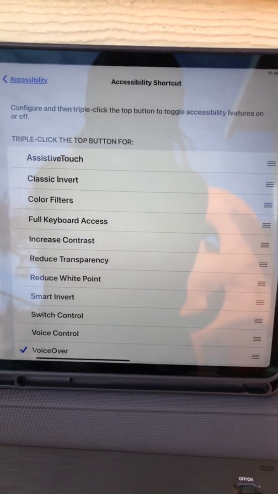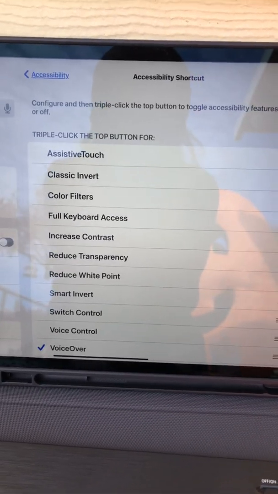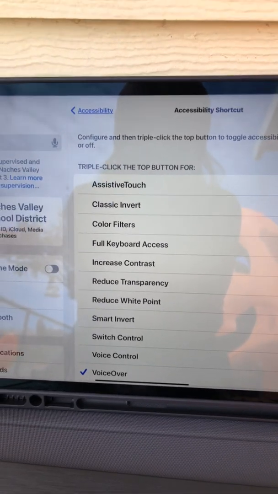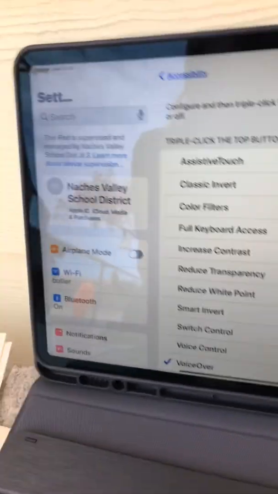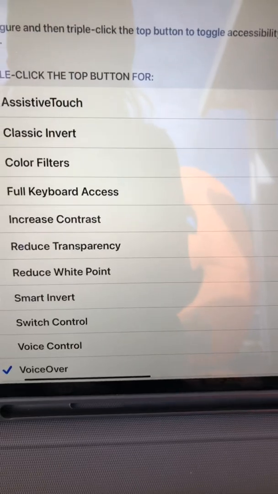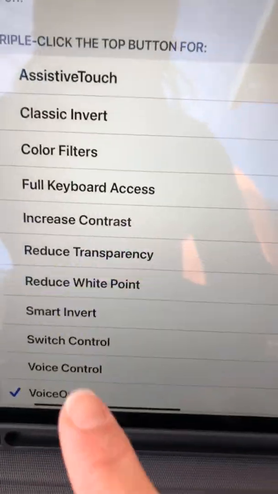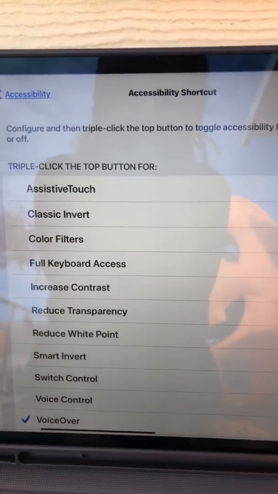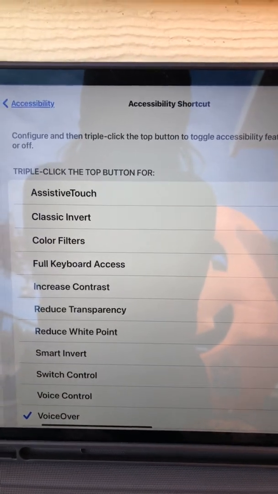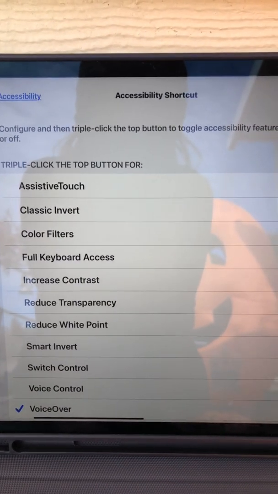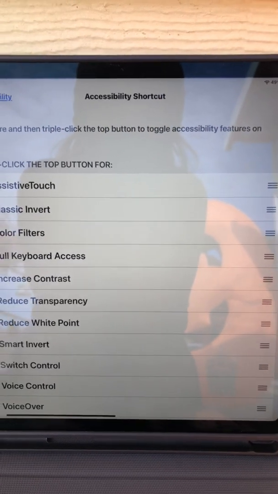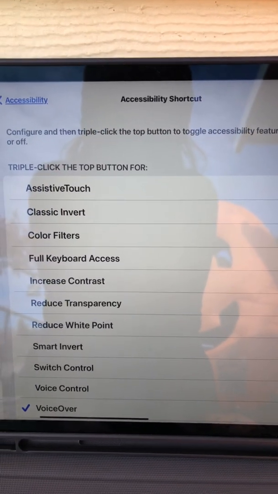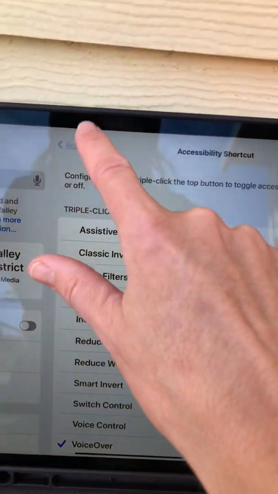Okay, friends, I just want to show you something I did. I made the font bigger. I made it bold. So I went through some of those settings so that you could see what else is going on. But I'm going to turn a voiceover shortcut on. And it says at the top, you're going to triple click the button at the top to toggle the accessibility features on and off. So I'm going to get out of here really quick